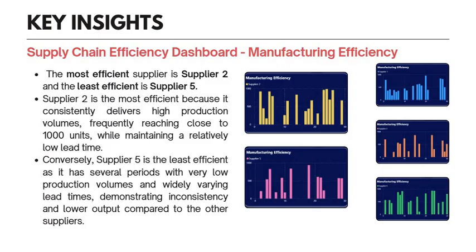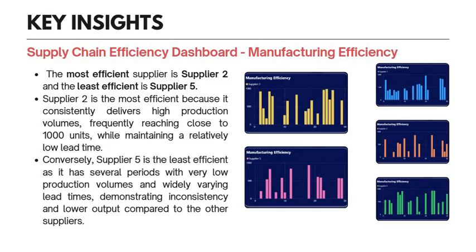After analyzing all these 5 suppliers, you can say that the most efficient supplier is supplier 2, which is shown by yellow color, and the least efficient supplier is supplier 5, which is shown by pink color. Supplier 2 is most efficient because it consistently delivers high production volumes. You can see so many spikes in supplier 2, frequently reaching close enough to 1000 units, as you can see here, while maintaining a relatively low lead